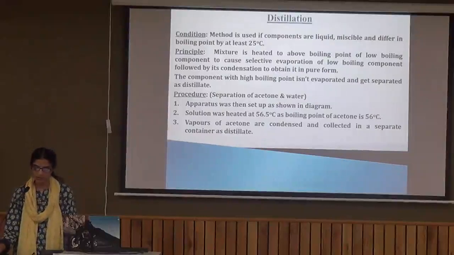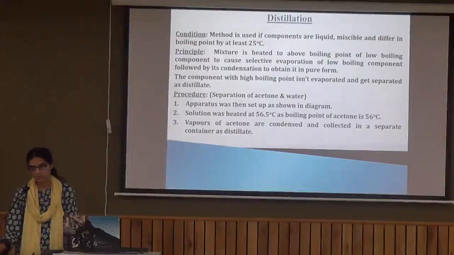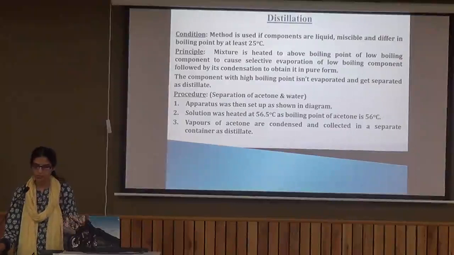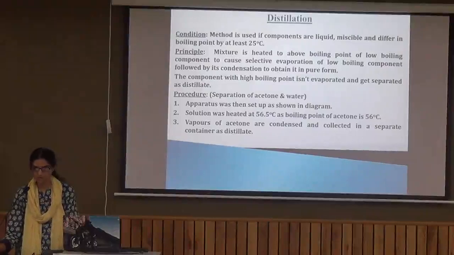What we are doing here is just heating the liquid mixture. The components will have different boiling points. Suppose two components are there, they both will have different boiling points, therefore they will vaporize at different temperatures, and the one which has the lower boiling point will vaporize first and the vapors can be cooled and collected, and the other component which has a higher boiling point will vaporize later and the vapors can be collected at a different temperature. But the essential requirement is that there should be a difference in boiling point of at least 25